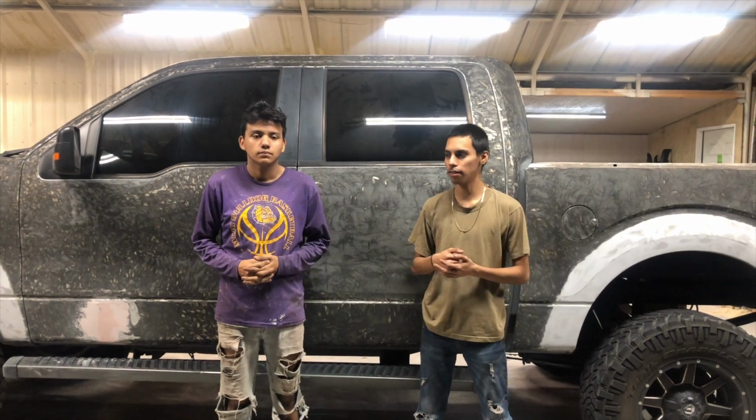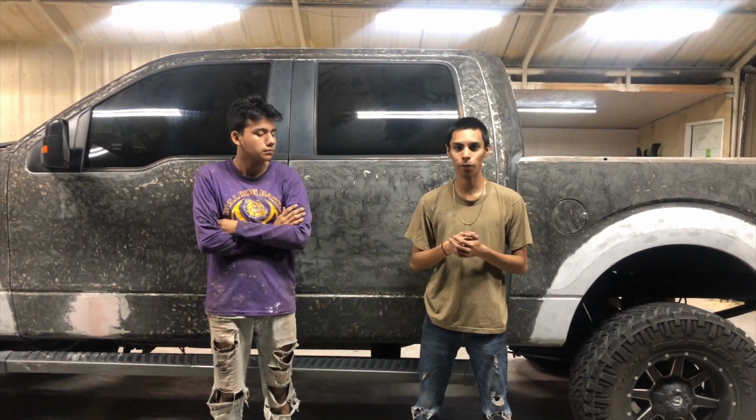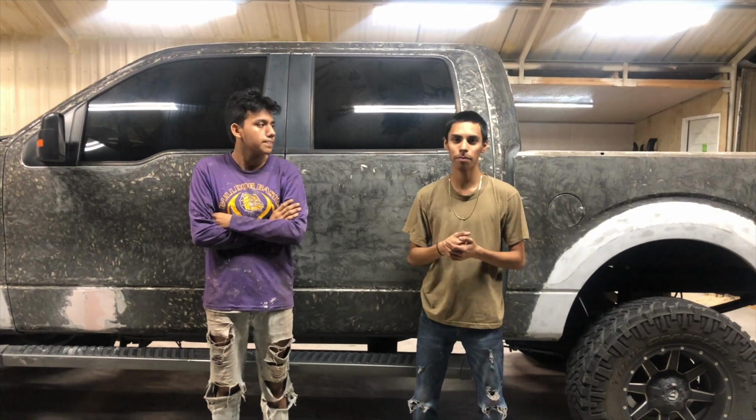Alright guys, so we're done cleaning up our area and just everything on the bodywork for the F-150. We're done, so that's it for day 4. Tomorrow we're gonna come back in the morning and we're gonna start taping and papering up so we can shoot